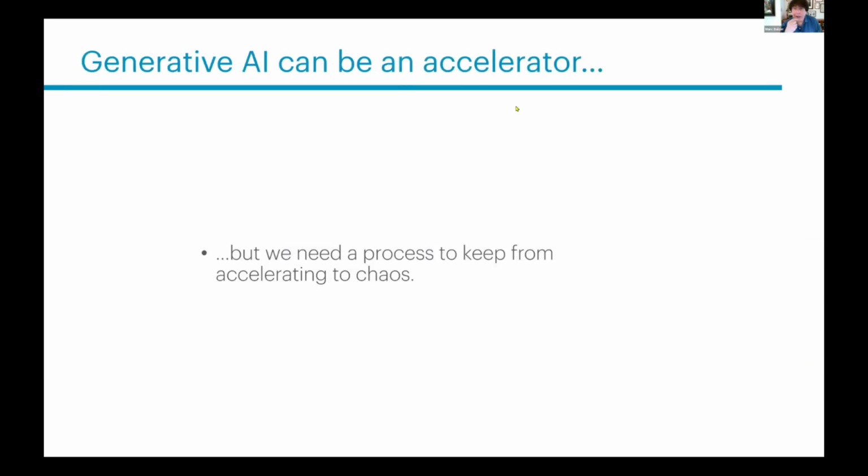Now, one of my colleagues at SoftEd, when we got started doing this, said generative AI can be an accelerator, but we have to avoid accelerating the chaos. So in all of this, you'll see a whole lot of things being created. But one of the things that you'll hear me mention time and time again is the idea that we need to have a framework in order to be able to properly organize the content that we create and to keep track of all of the kinds of things that we have. Okay, so let's jump into actually doing some of these things.